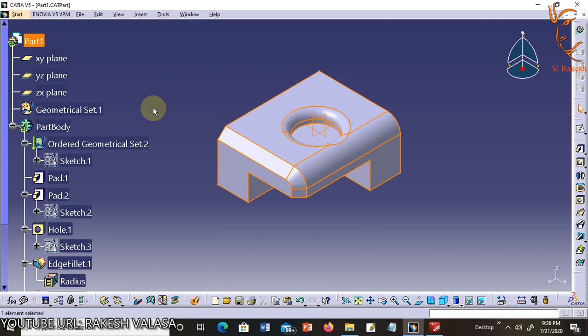CATIA V5 allows you to make modifications to the part by using the part itself or by using the specification tree. The specification tree is used in all the lessons. The specification tree is a very powerful tool, but you must know how to use it to your advantage.